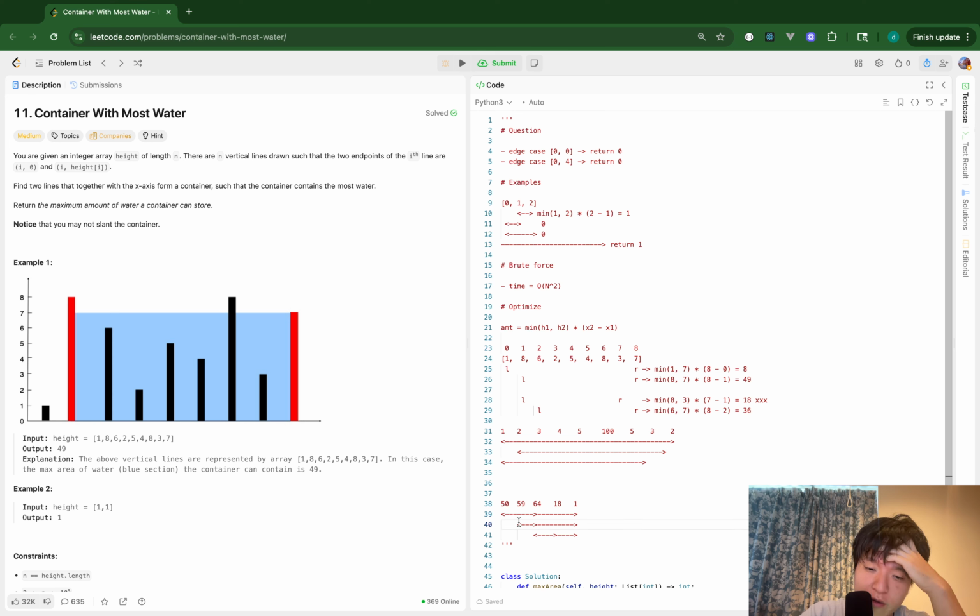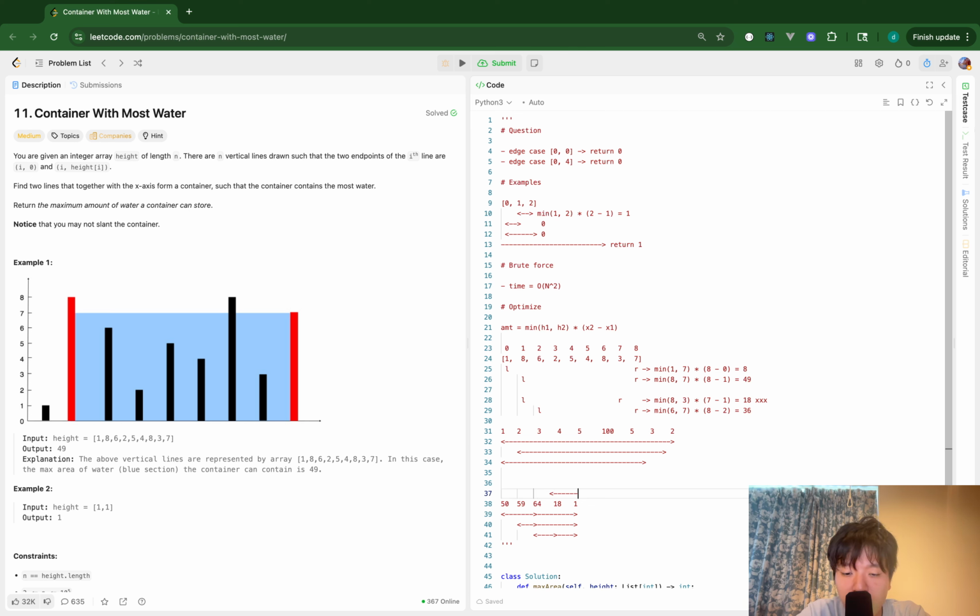So when I move the left pointer and right pointer is here, do I have to start the right pointer from here? I'm thinking. So if the pointers are here, okay, at least I can say